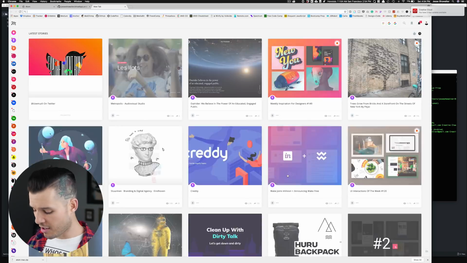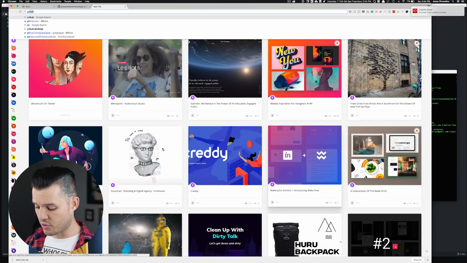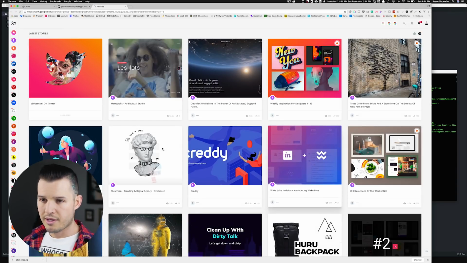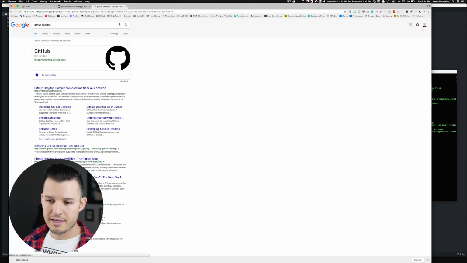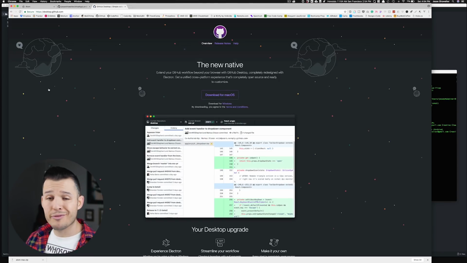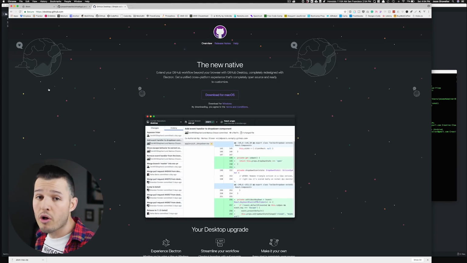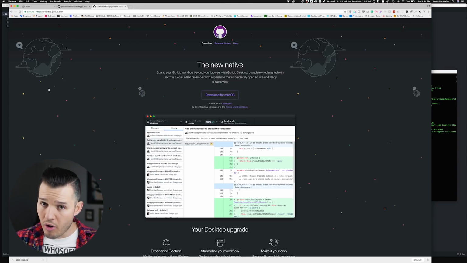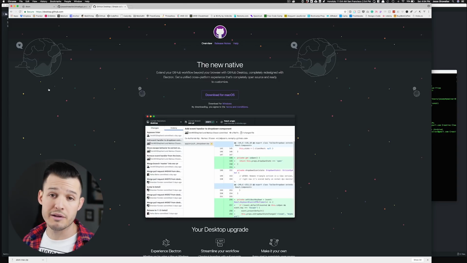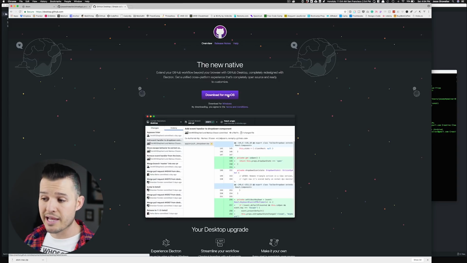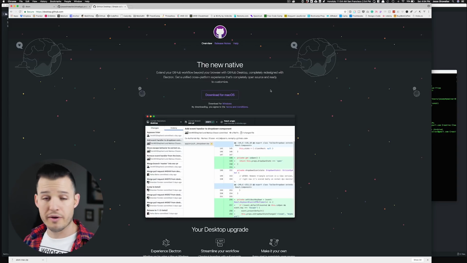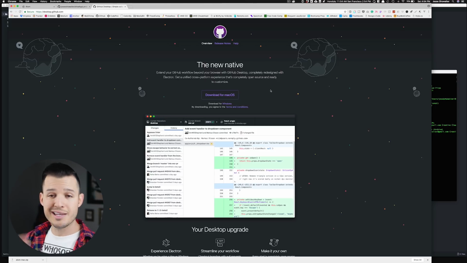To download the GitHub Desktop app, you can just do a quick Google search for GitHub Desktop, and it is a GUI, or graphical user interface, for all of the things that you could or would do with Git. It doesn't do it all, but it does everything we're going to need for this project. So you can simply download that for Mac or Windows or whatever platform you're on, and you can see it gives you a good visual representation of what's going on.